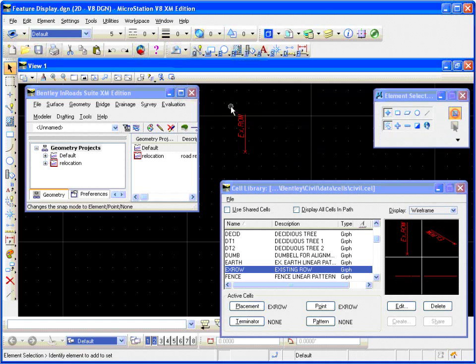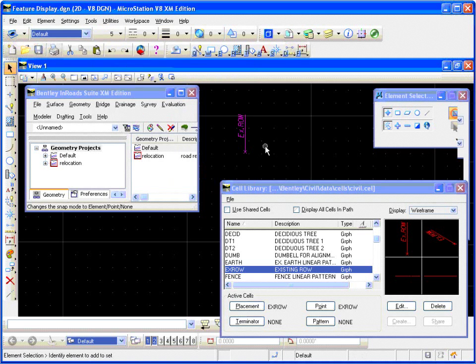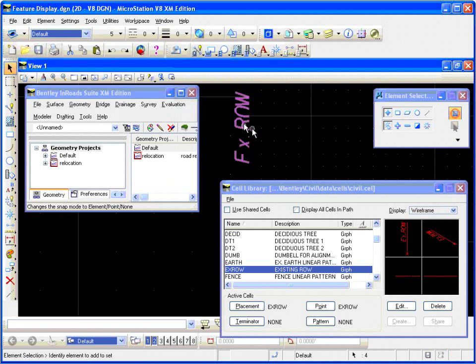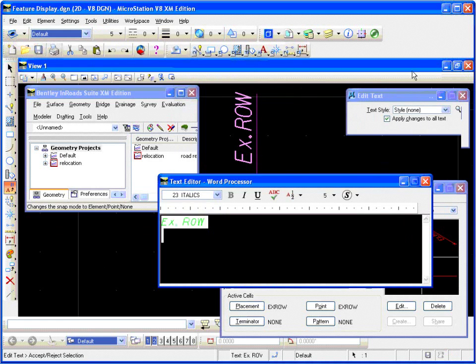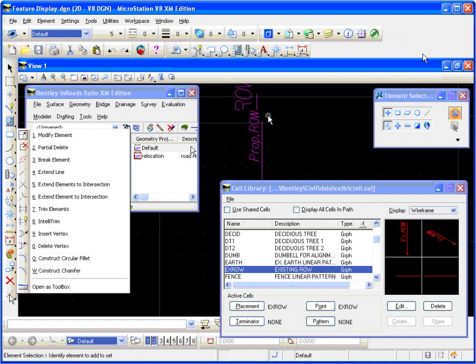Okay, and since our proposed right-of-way is a magenta color, we're just going to change this color real quick to the magenta. And now we can go in and edit the text, and we're going to name this one prop ROW for the proposed right-of-way. Okay, and also I want to extend this line out just a little bit, and if we come over here,